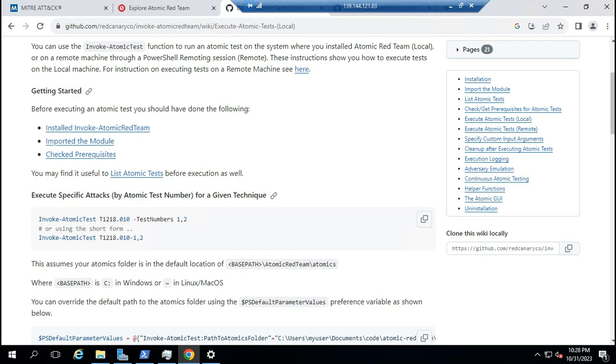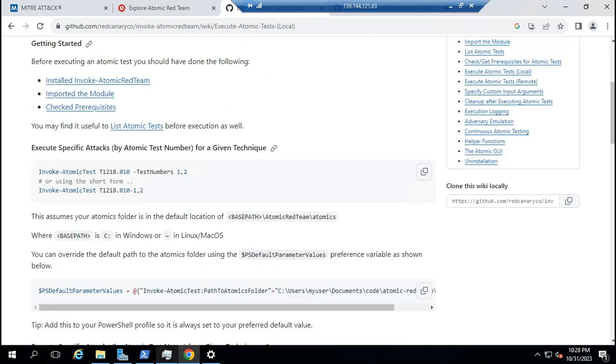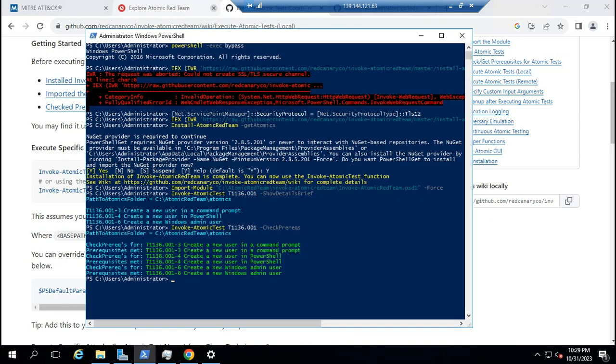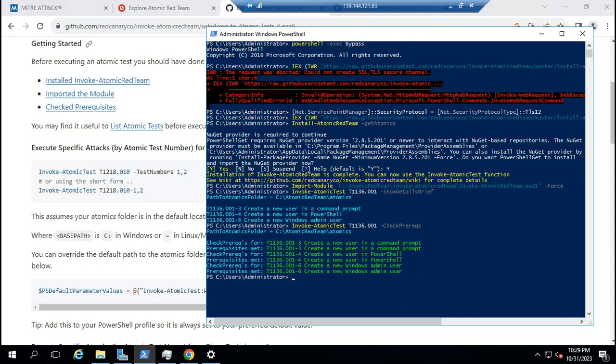Okay, to execute the test, just type like this: Invoke-AtomicTest and then the technique.